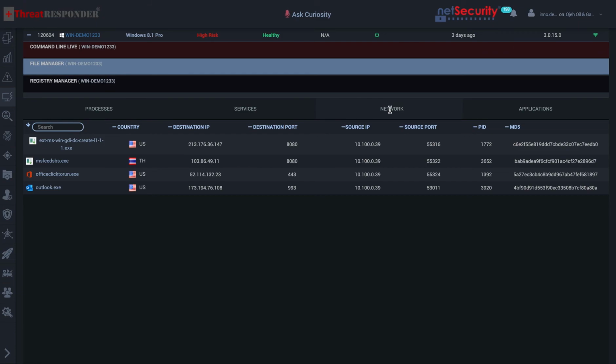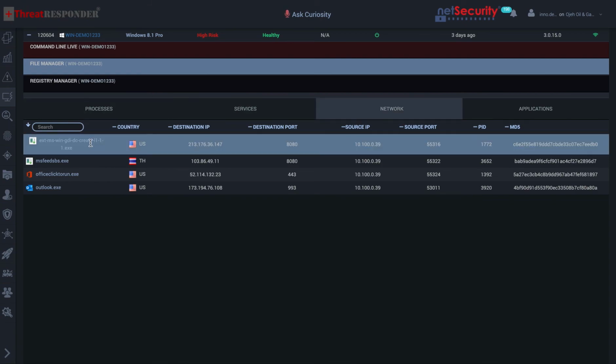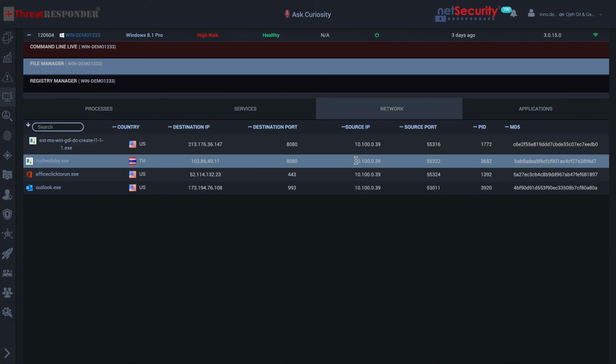So ThreatResponder gives you the ability to render not only the processes but also the countries they connect into, the destination IP addresses, the destination port, source, destination, process ID, and hash, right? So ThreatResponder gives you the ability to respond to a threat on the network,